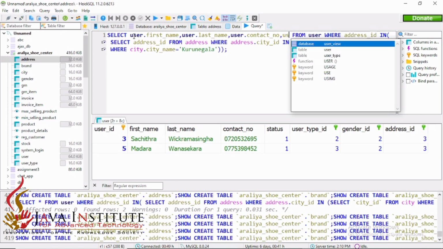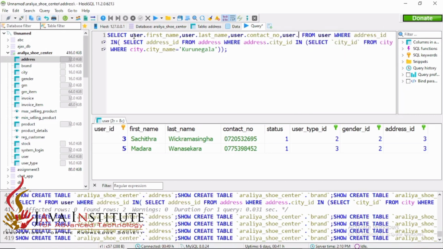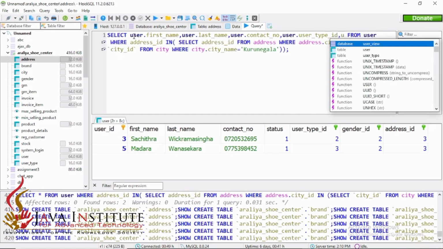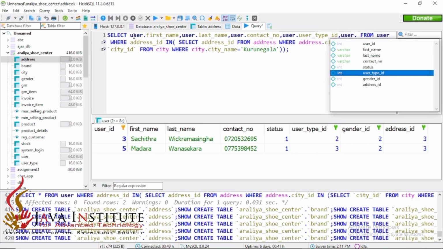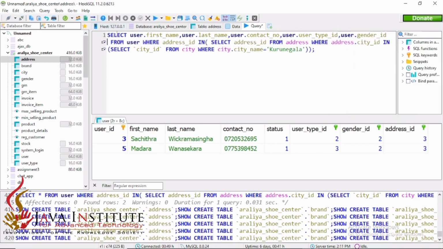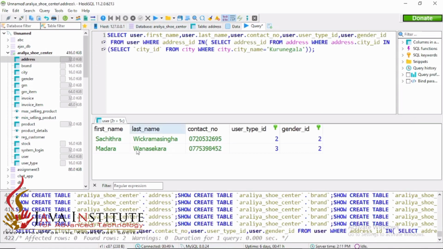So I'm going to select the user table's user type ID and the user table's gender ID. After executing this we can get only these details related to the user.